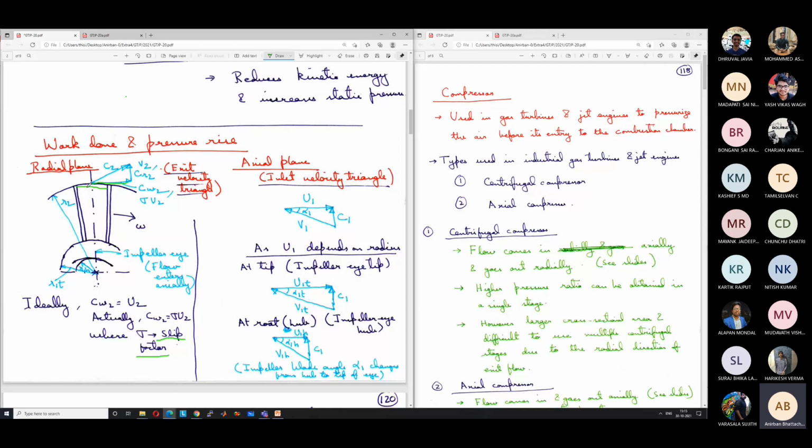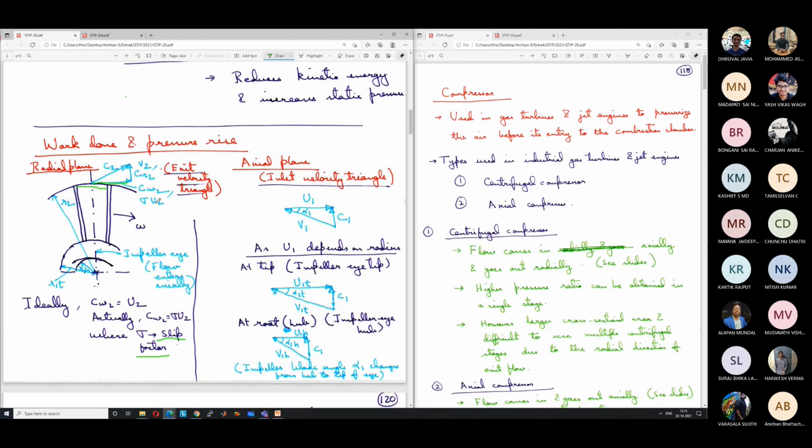You get less slip. So if I have very close blades like this, almost all the fluid will go out at very near to U2 velocity. But if I have very large distances, say only 4 blades, one is here, one is here, the fluid which is very far away from the blade will have much lesser velocity in the tangential direction, because the action does not get transmitted like rotational motion to the same extent here. Okay, so you are correct.